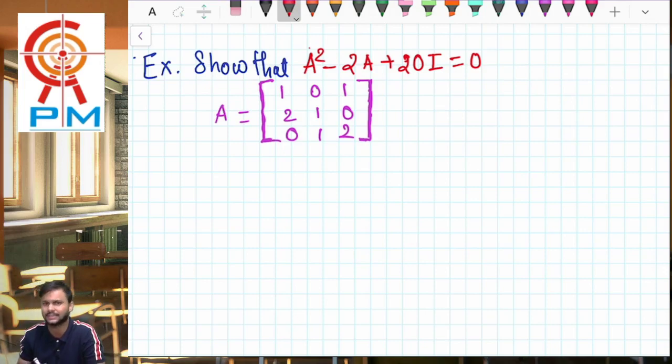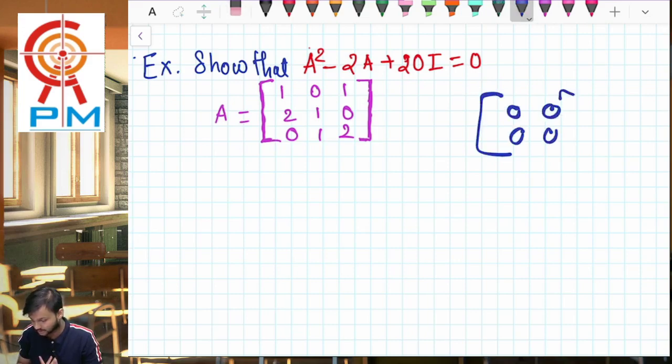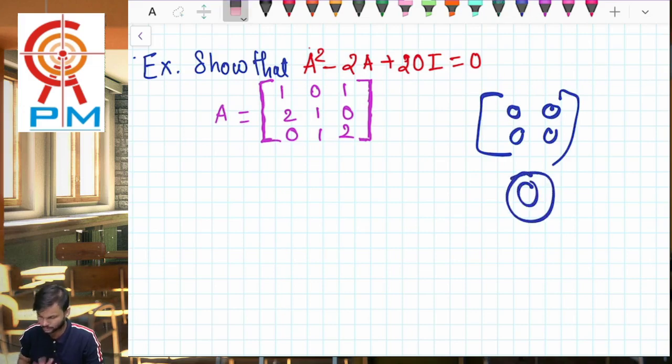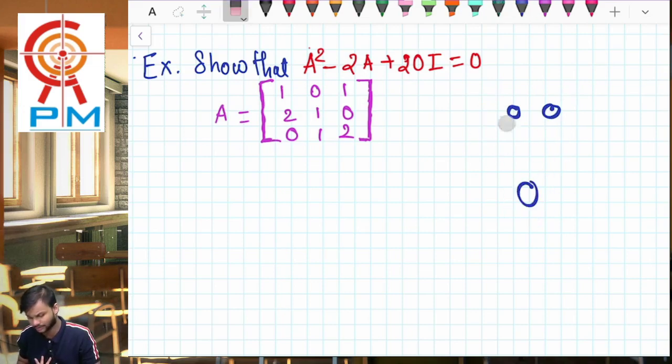Now if I want to say that this entire thing is equal to 0, it means that I will get a matrix in which all the elements will be zero. Such a matrix is known as zero matrix or null matrix, and often we can write it as 0. So whenever I find a matrix in which all elements are 0, it is okay for me to write it in this way also, because there is no harm in writing this. They are one and the same thing because they represent 0 only.